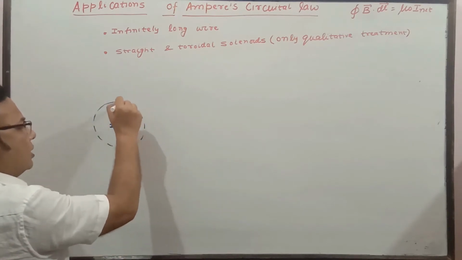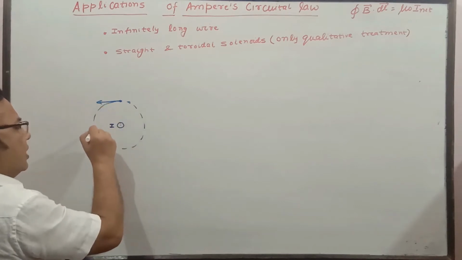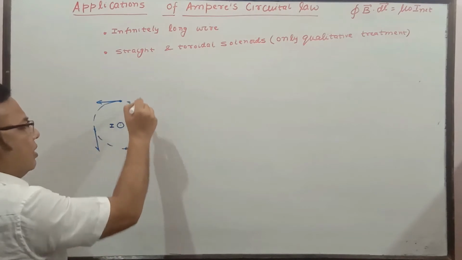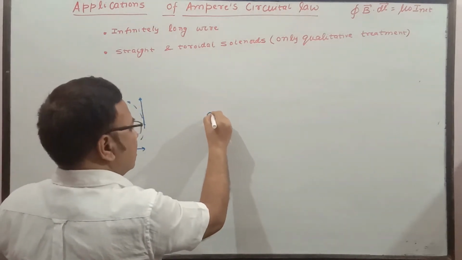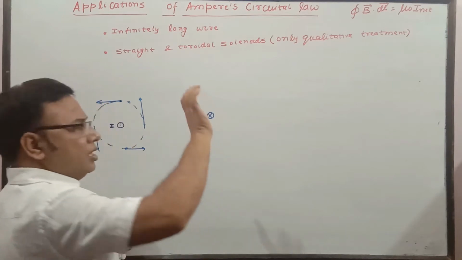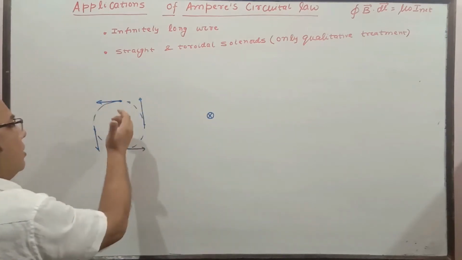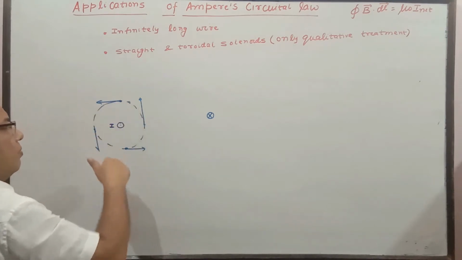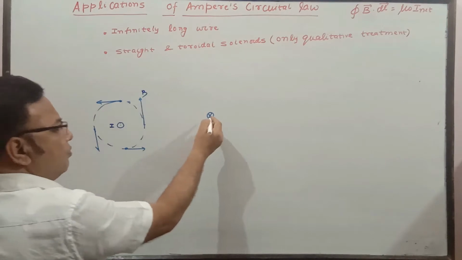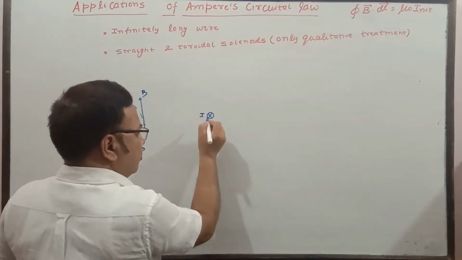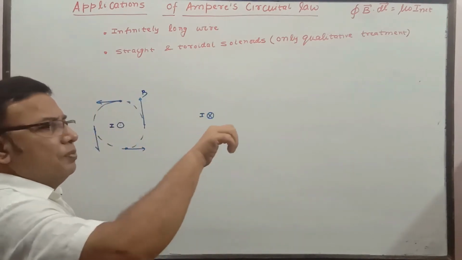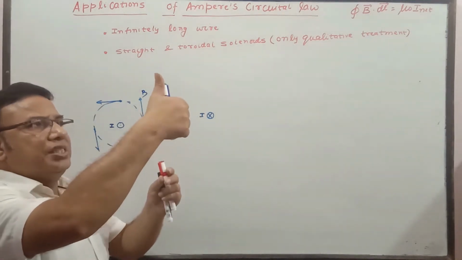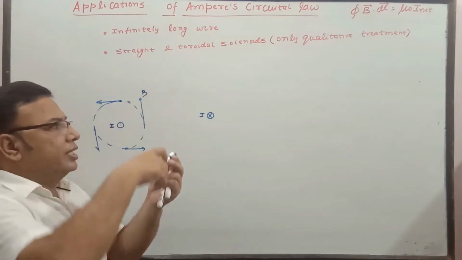It was also discussed in the last class. Suppose here the magnetic field is along this, here the direction of magnetic field is along this. In the same way, when a wire is going away from us, the magnetic field once again is in the same way: the thumb shows the direction of current and the curl of the fingers shows the direction of magnetic field. Right? In the same way, if the current is going inside, we will put the thumb, hold the wire like this, and curl the fingers around the wire. The thumb is in the direction of current, and the curl shows the direction of magnetic field.